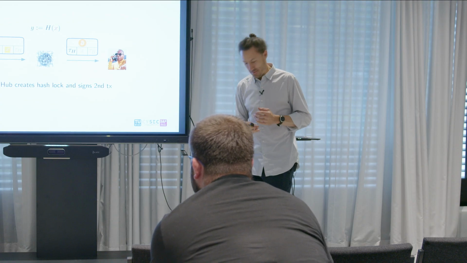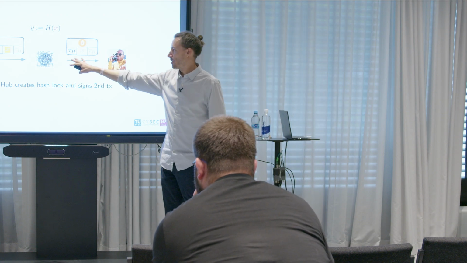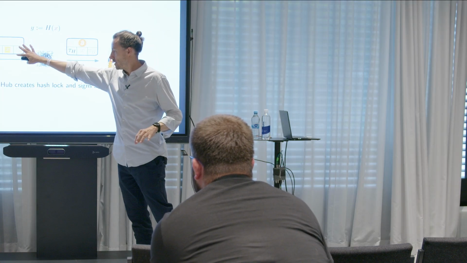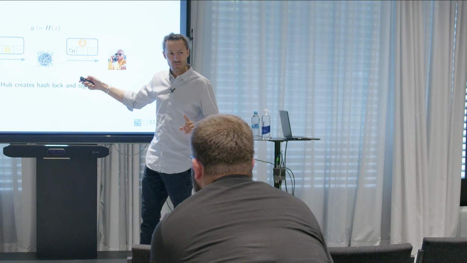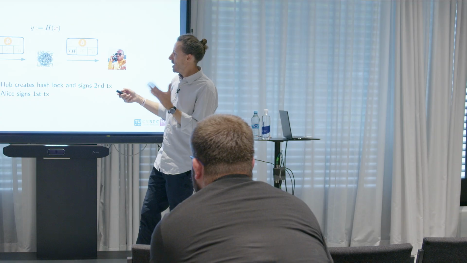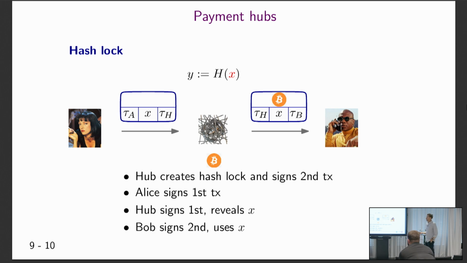How can Alice do this because she doesn't know x? So that's part of the protocol, that the hub tells Alice y. y is enough to make this transaction. Now Alice signs it, she wants the Bitcoin to go through. The hub, if it wants to take the Bitcoin from Alice, has to accompany the transaction with this value x. It's sent to the blockchain. Everyone sees it. Hence Bob sees it, and hence Bob can take the money.